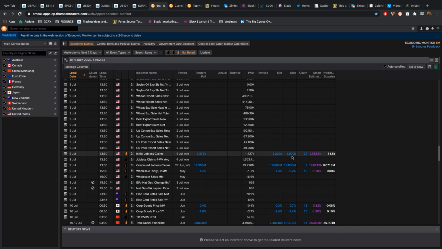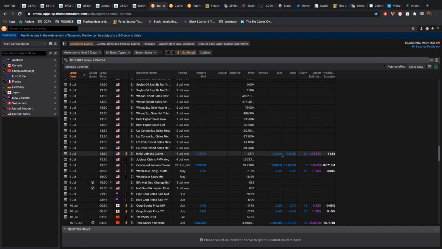If that reading comes in above 1.9 million, it means that even more people are making a jobless claim. So even more people are out of work, which would be a big negative for the US economy. And that would likely turn the market into a risk-off mood. So the way you would use these economic calendar reports is you look at what's expected, then you look at the